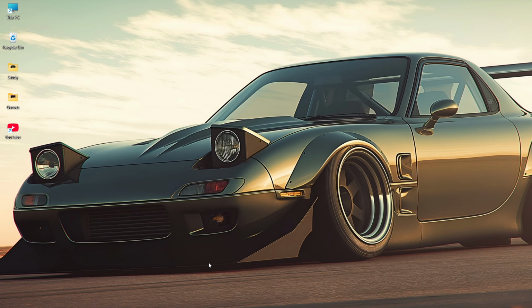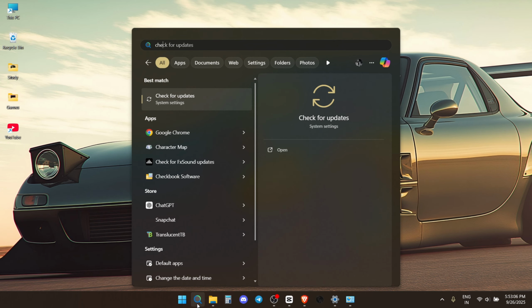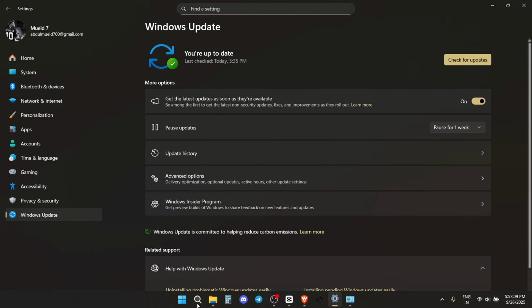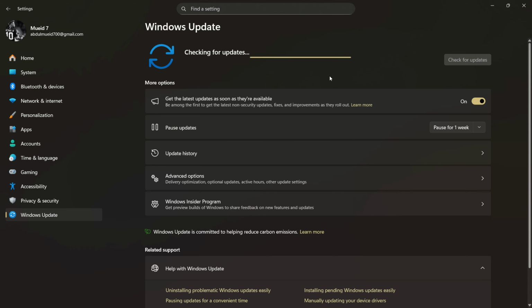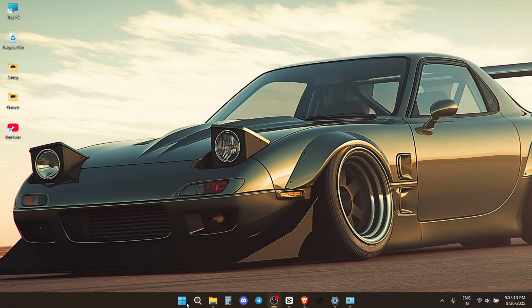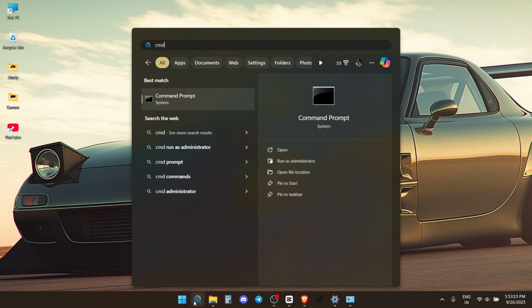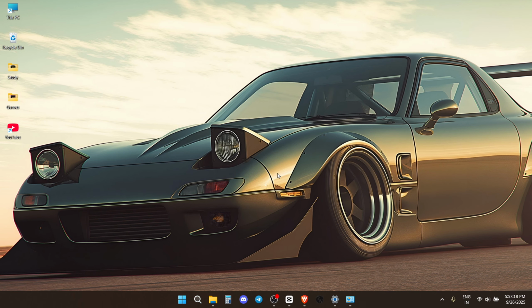So guys, for the first step, you need to go here, search option here, search for "check for updates," press enter, and here make sure that your device is up to date. After that, you need to go here, search option and search for CMD, and go here, run as administrator, press